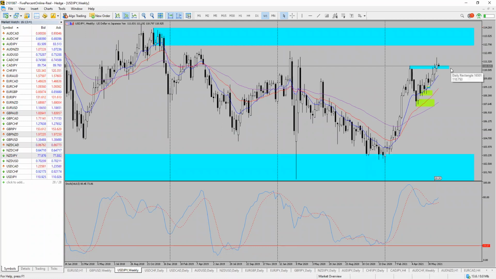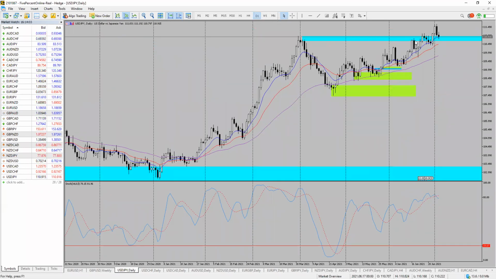Dollar yen, I spoke about it again a couple of weeks ago. I said it's in an uptrend. I spoke about all the yen pairs in general, the yen crosses, but the dollar yen is moving higher, and look how it broke above this supply zone on the weekly chart and on the daily chart as well. It found resistance here, or supply. It gave this beautiful pin bar on the moving averages that serve as dynamic support on the daily chart, went up, compressed down again, sort of like a flag. See, it's going up, going sort of sideways in a small flag, and then again a move up, breaking above this